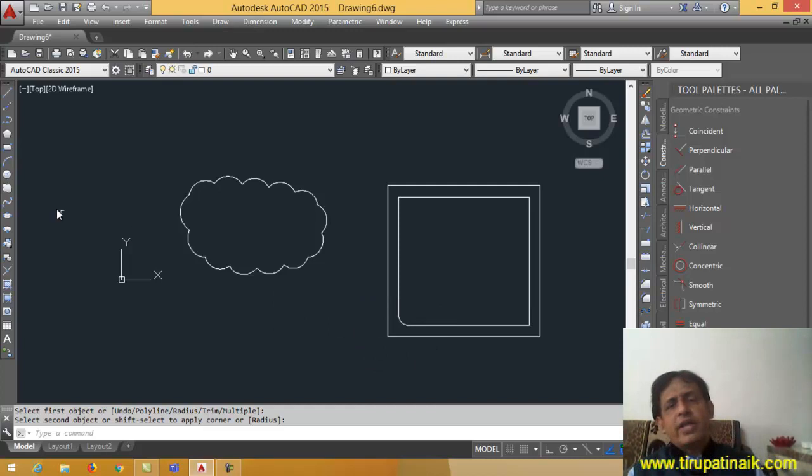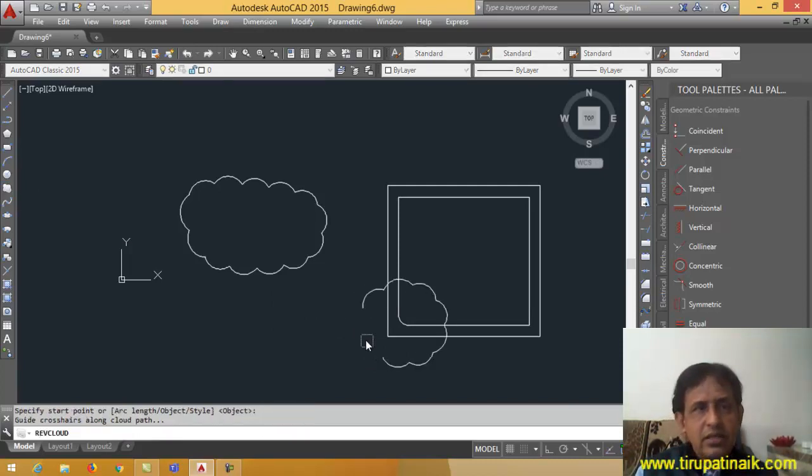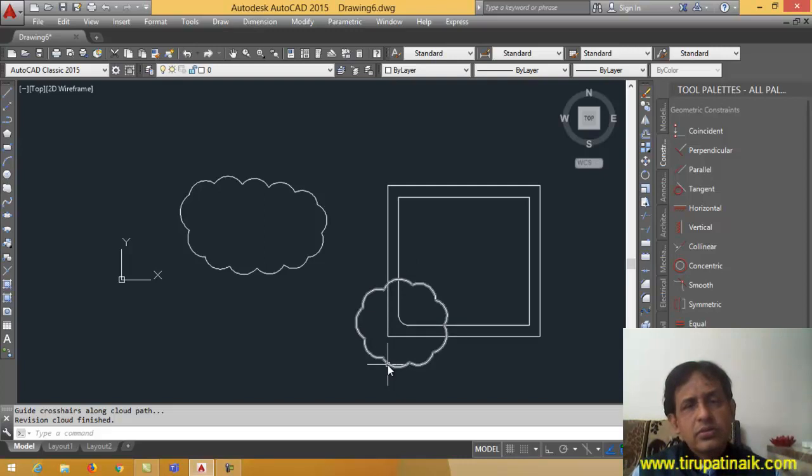So this particular drawing, this corner, I want to do the detailing. In this case, you can use this cloud. Okay, so here you can just show like this. So this is how we have to use the cloud object. Okay, so this is a revision cloud command. By using that, you can define like this.